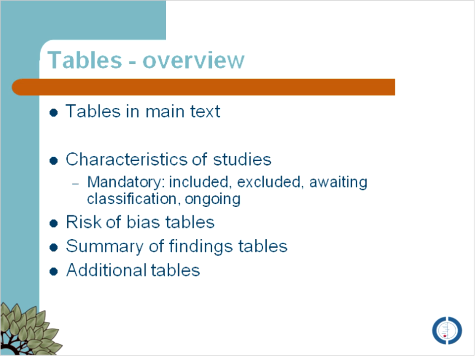OK, so to come back up, I'm just going to open up the properties box again. For blinding, you have to answer this at an outcome level. And so what you need to do before you can activate it at the top, and they've prompted you here, is add your outcome before you can activate it.